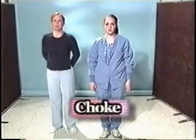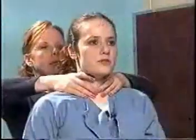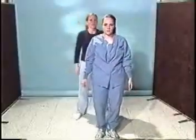The next self-defense maneuver we will show you is the chokehold. If I am getting choked from behind, the first thing I want to do is, number one, shrug my shoulders, which will break the hold, put my hands up, and use the element of surprise in a turning motion to break the hold. We'll do this again in faster motion. All this time I'm backing away from my client to make sure that I have enough space so she cannot